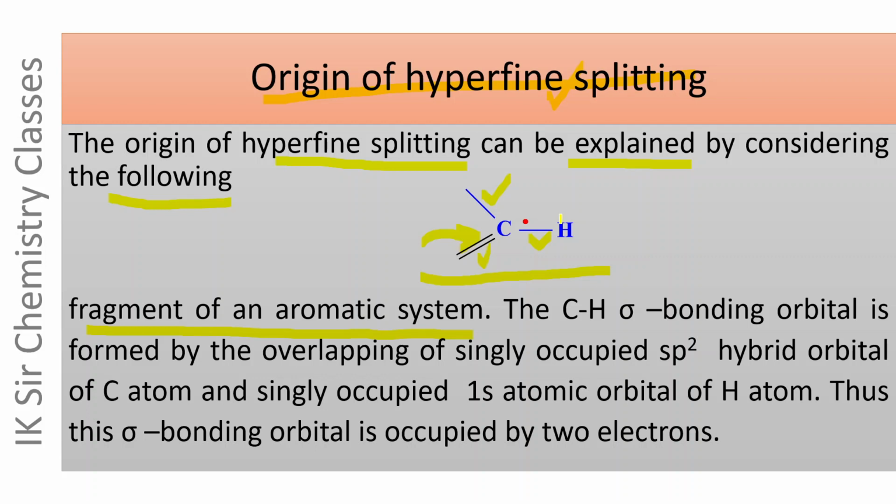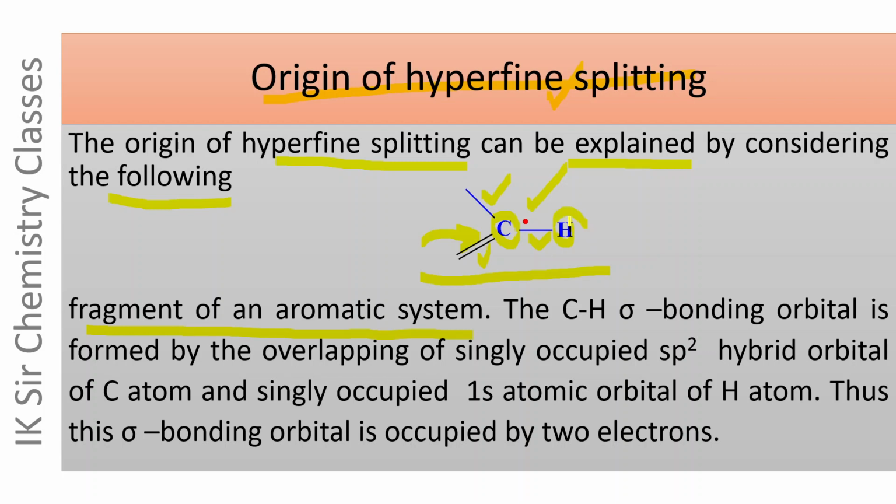It contains one unpaired electron. This unpaired electron spends time mainly around the carbon atom, but it also spends some time around the nucleus of the hydrogen